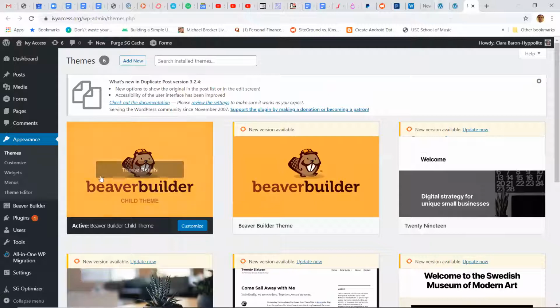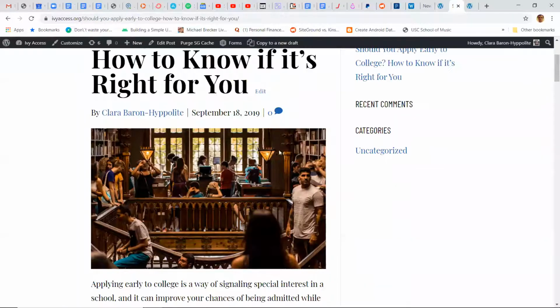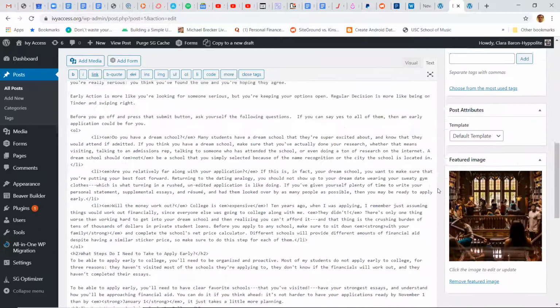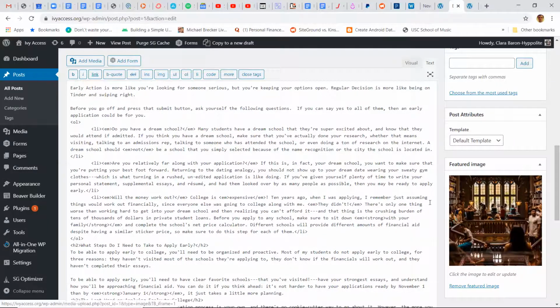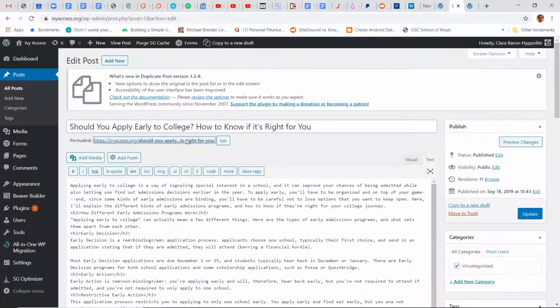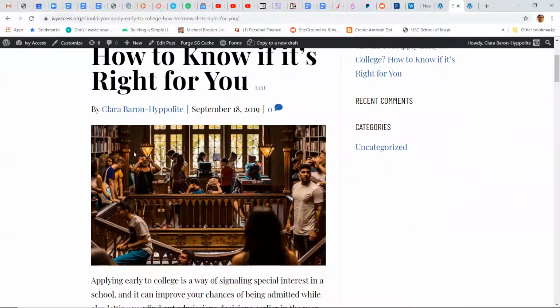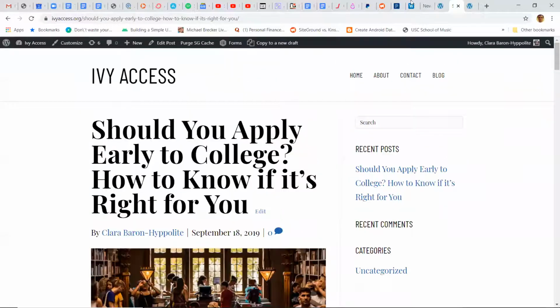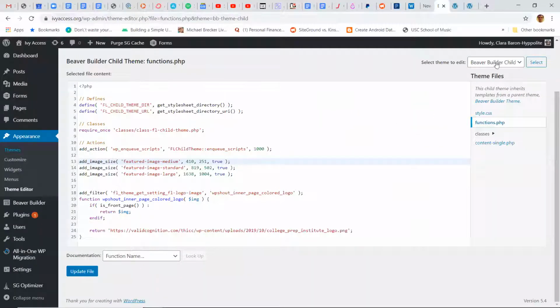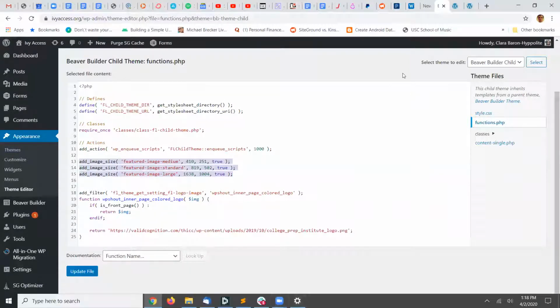The way that the Beaver Builder theme works is it will output the entire image. So if you look at the original of this image, it's actually taller than it is wide. And that's how it was looking. So if you would go to this blog post, the first screen of scroll was all just this very vertical image. And so just this week, I had to go into the Beaver Builder child theme, register 3 new image sizes. And I did exactly what the question was asking.